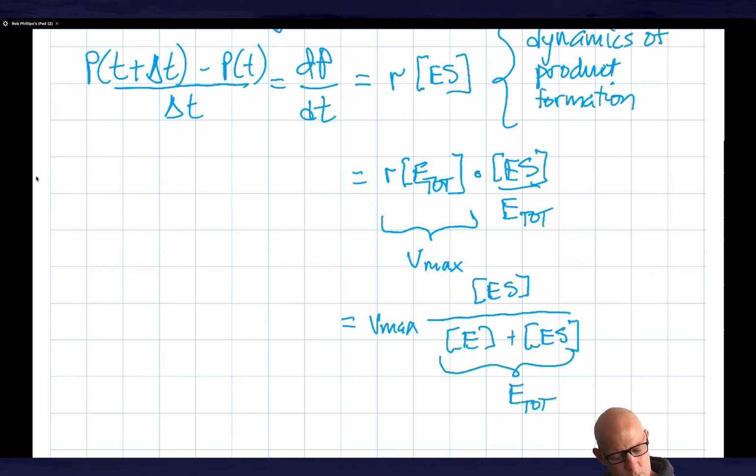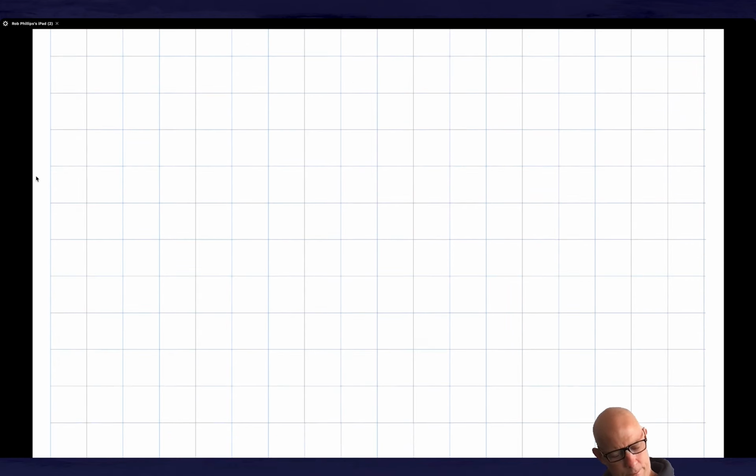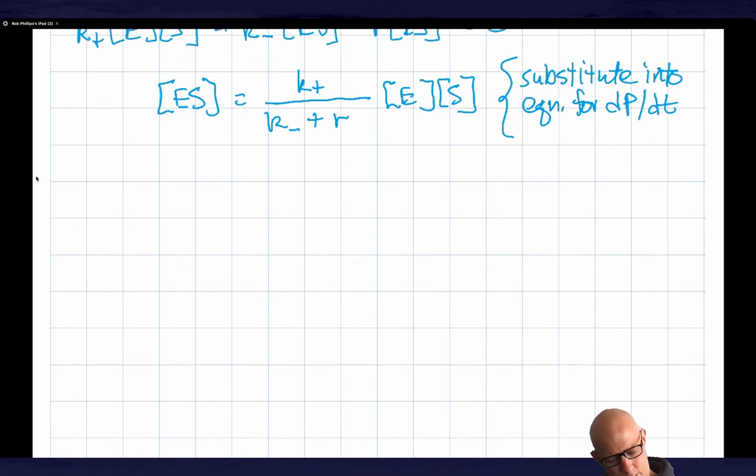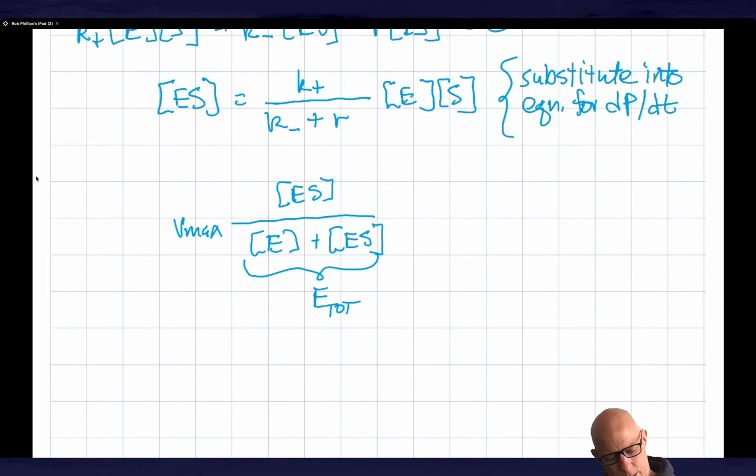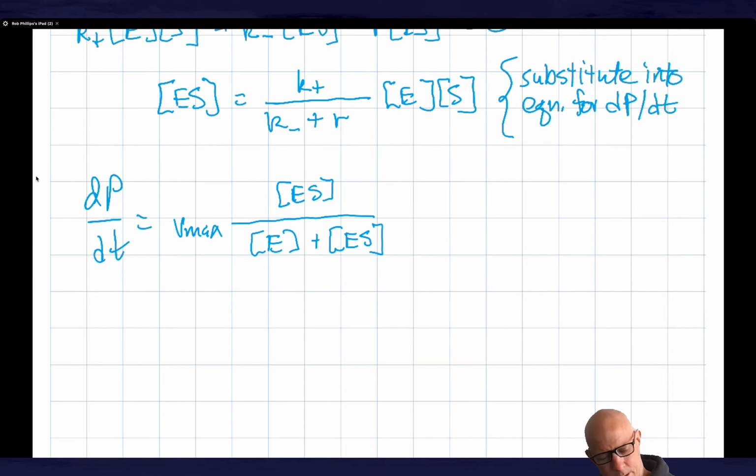So I know that dP by dt is equal to this thing, and if I substitute here and on the top, what I get is